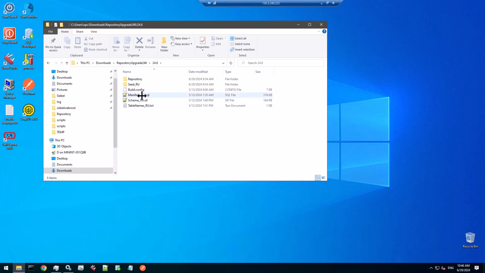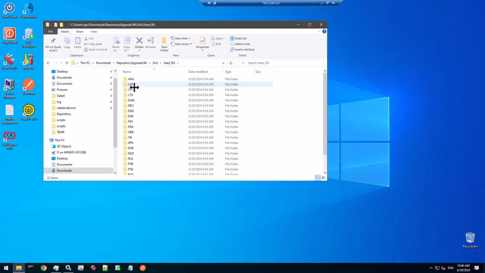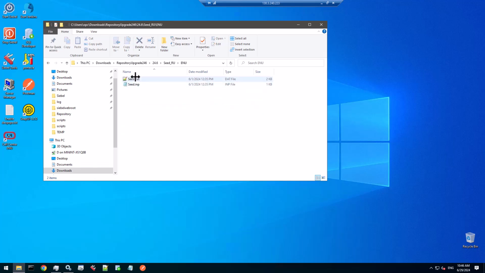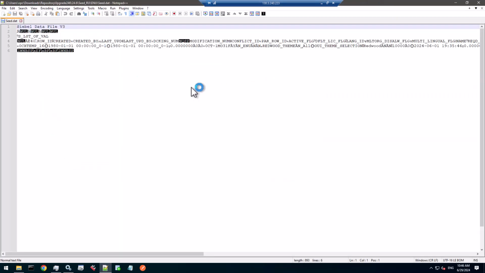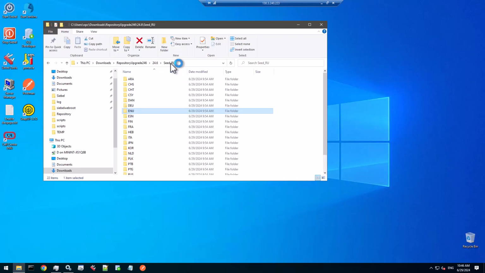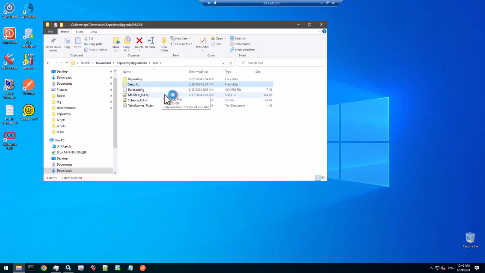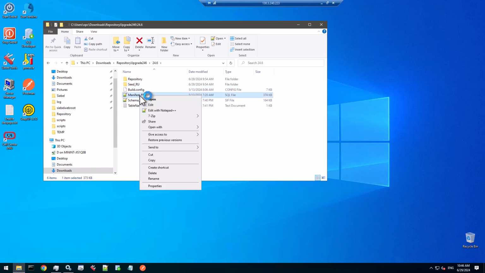And you can see that by the presence of a file, manifest RU SQL, which is post-import updates to the manifest, and probably in the seed data file. Nope, doesn't seem like it. No, that's just a list of values for the Redwood theme. The new drop-down value for selecting the Redwood theme in the user settings. That's there. And the manifest is imported here with